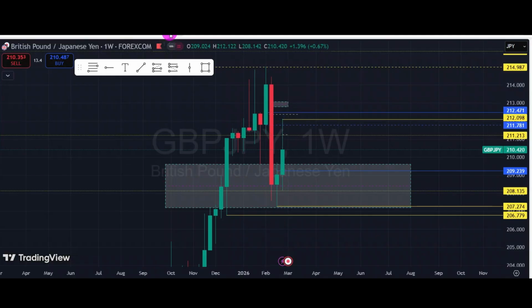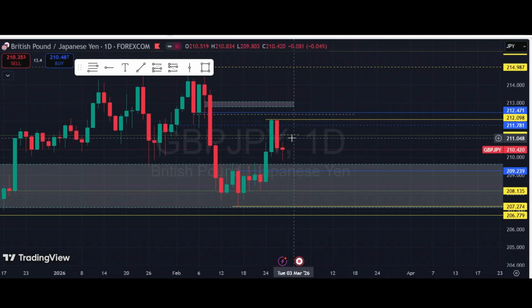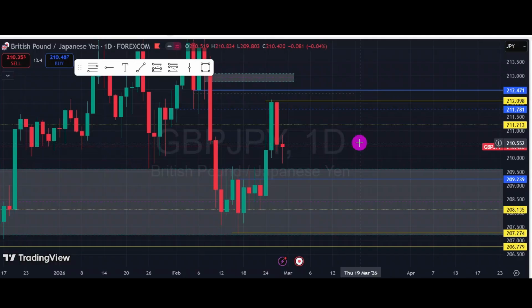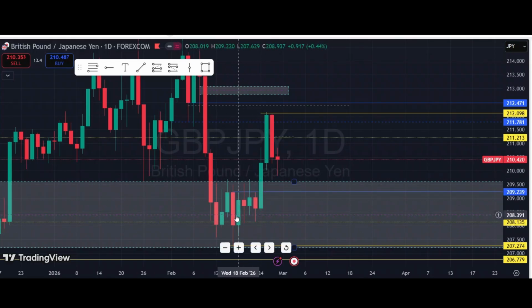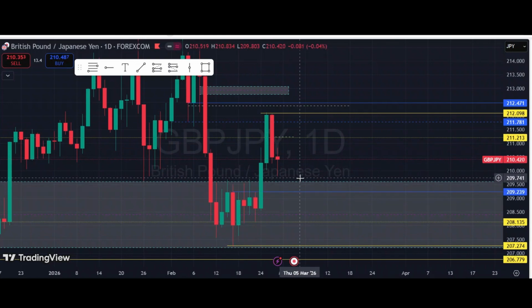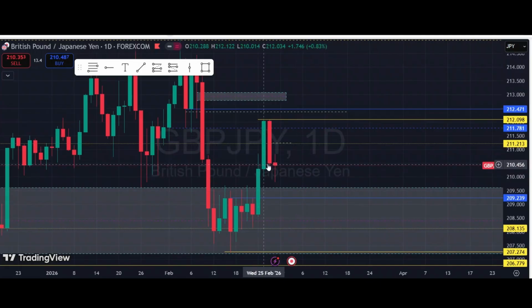And if we drop on the daily time frame, this is where we are, where our draw on liquidity is. Also, we are looking at price getting back to this order block on the daily, and this area where price consolidated for a while, price to return back to this order block. So we look for a draw on 209.23 levels, before price may actually return back to